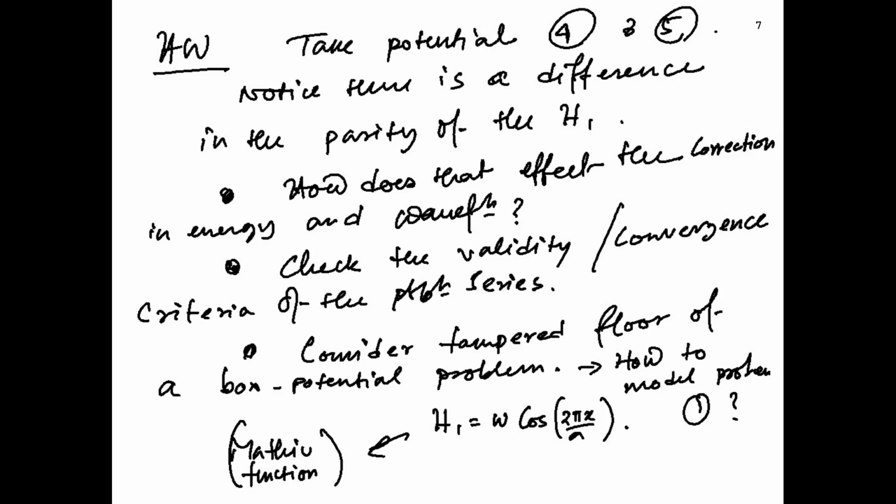Now consider the tempered floor of a box potential problem, which is a third class of problem, and see, as I discussed, how you can possibly model this problem, by thinking of it as a Gaussian or semicircle or a small rectangular bump, or you can think of another way of tempering the entire floor, where let us say the floor is a cosine function. It is not a flat, constant floor, it is a cosine function. So then it turns out that you can again use perturbation theory pretty accurately,